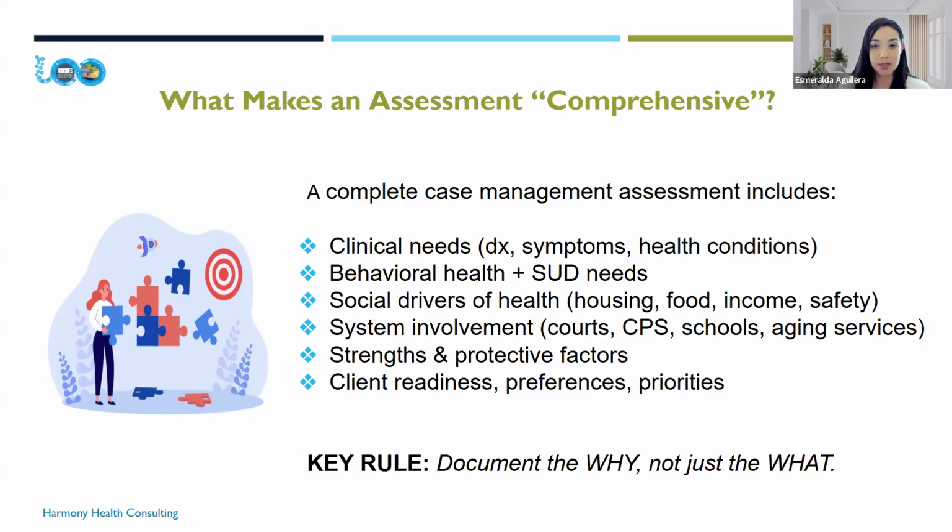Next, the strengths and protective factors. I will say in comprehensive assessments, sometimes this often gets overlooked. Strengths tell us what the clients can build on. So really assessing what their strengths are is crucial. Protective factors tell us where the resiliencies are and what already exists. Do they have family? Do they have faith-based organizations that are supporting them, any skills, anything that will motivate them? And the routines, what routines do they have? Can you build on those to really help address any of the barriers that they're facing using those strengths and those protective factors?